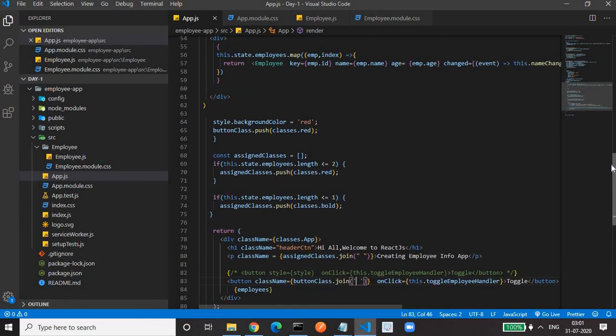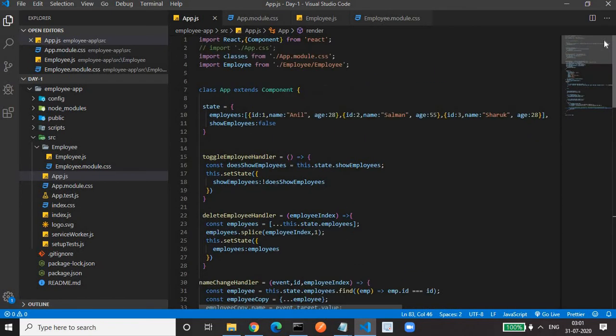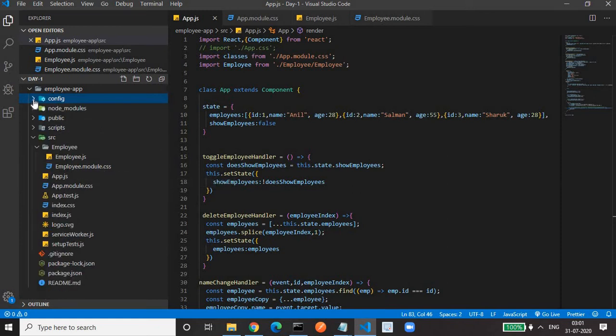For using the CSS module, we have to rename the CSS file to app.module.css, provided that you have react-scripts version 2.x or greater. If it is less than 2.x, you have to execute npm run eject, and it will switch the react-scripts dependency, and you will get a config and scripts folder. And in the config folder in the webpack, you have to make some changes that I demonstrated.